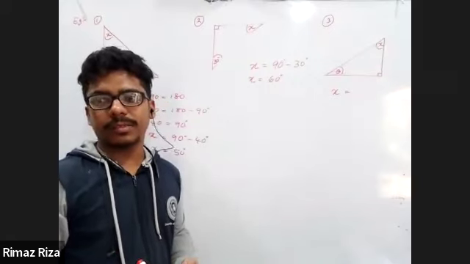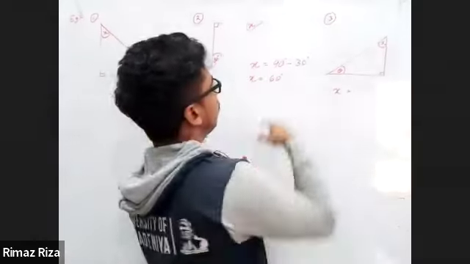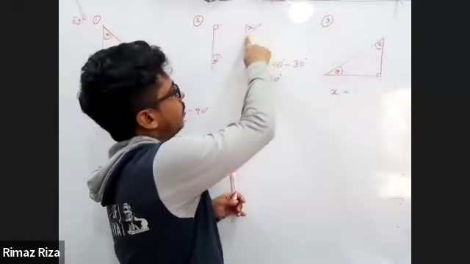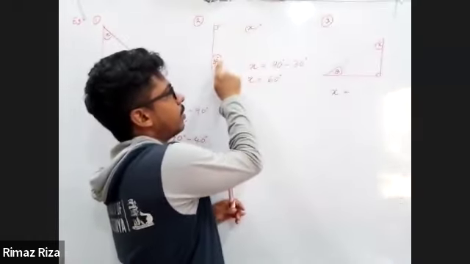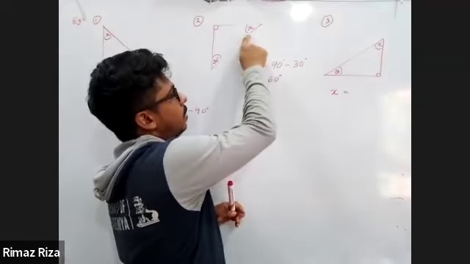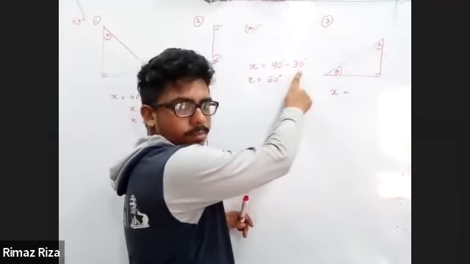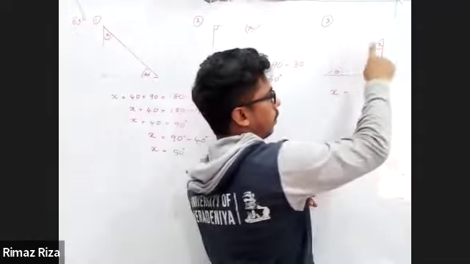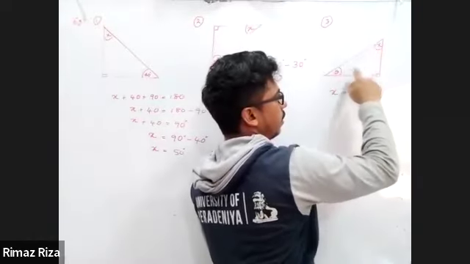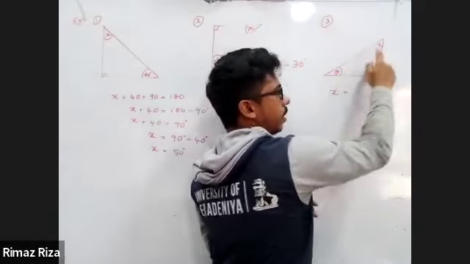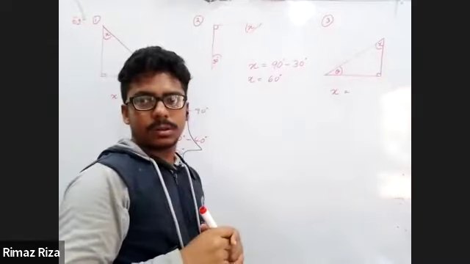Listen. Here x is equal, for right angle triangle, if this angle is 30, x equals 90 minus 30. Right? So now in this right angle triangle, if this angle is theta, then x is equal to